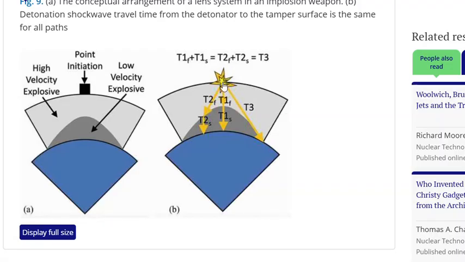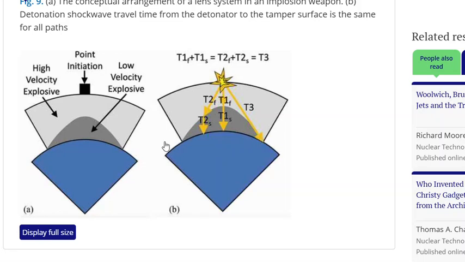Okay, so from the time we initiate the explosion, we have TF. This is the time that it takes for the wavefront of the explosion to expand in the high velocity explosive. So we have T1F, T2F, and T3. These all take place in the high velocity explosives. Now, if we shape the low velocity explosive in such a manner that the time it takes to propagate through the slow explosive, T1S, T2S, is such that the sum of these times to reach the surface of the pit is equal, well, then we're going to have